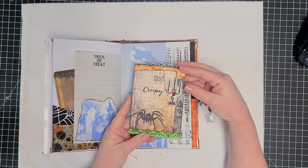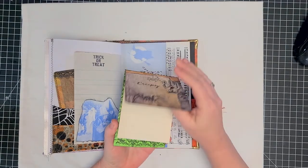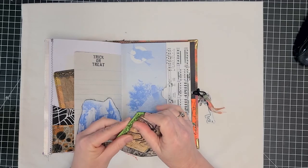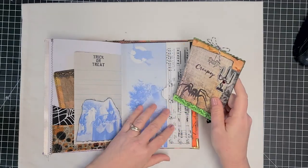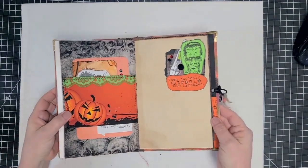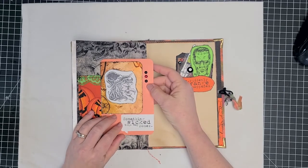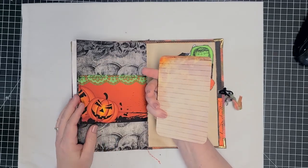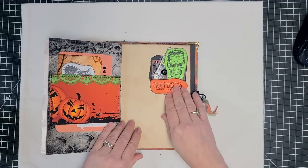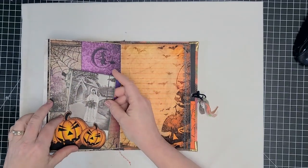And here I've got a little matchbook style notepad with some writing papers in it. So that tucks right in there. And here we've got another little belly band with a card made from a Project Life card. And lots of journaling space on the back there. And here we've just got a little decorative cluster. And here I made a little bottom tuck,